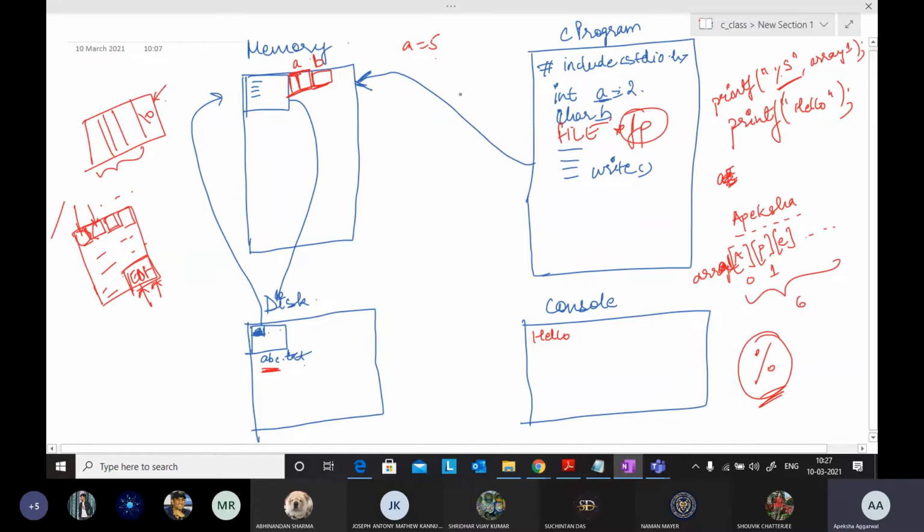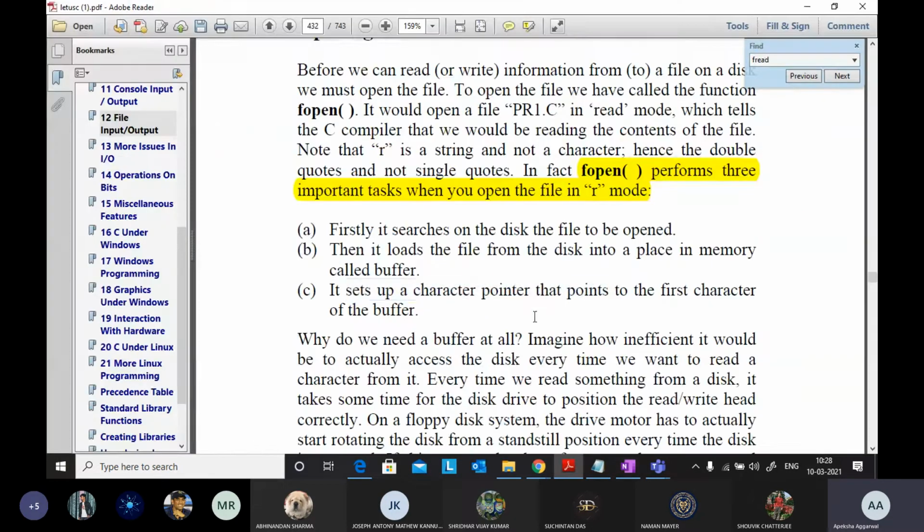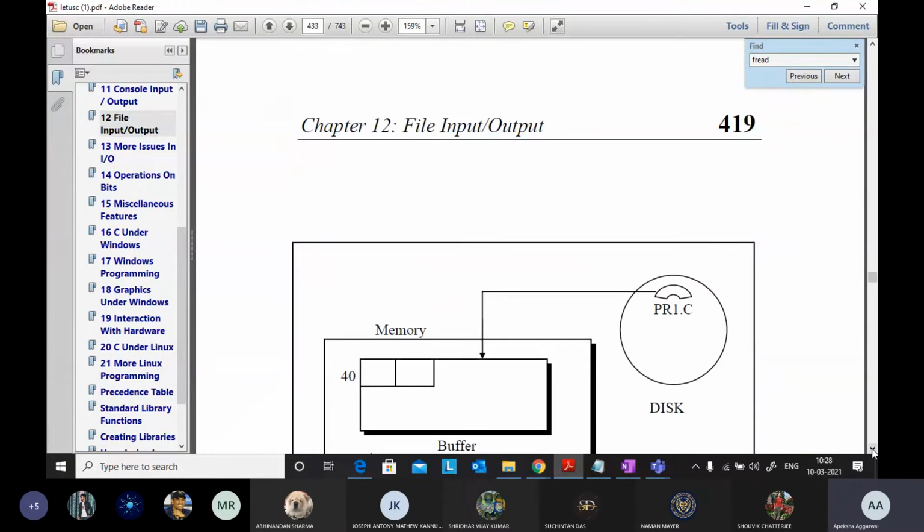This fp is a variable that will store the address, maybe 1000, which is the address of the memory where that file is stored. So it sets up a character pointer that points to the first character of the buffer. This is how a file is opened.